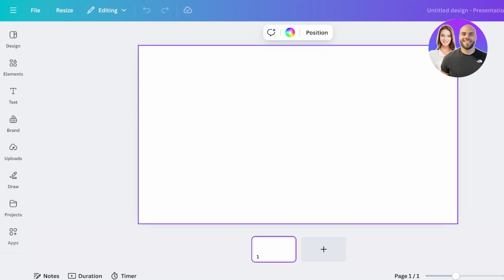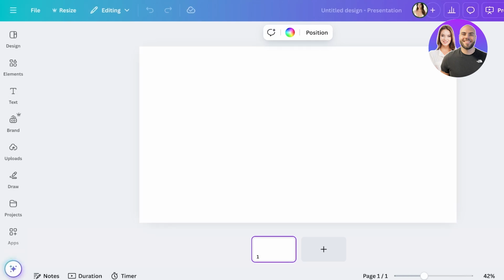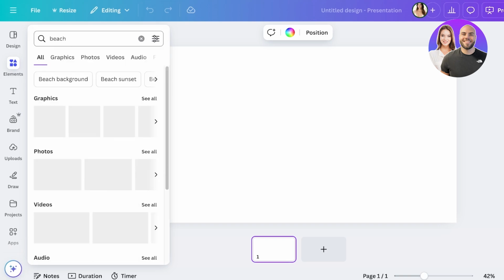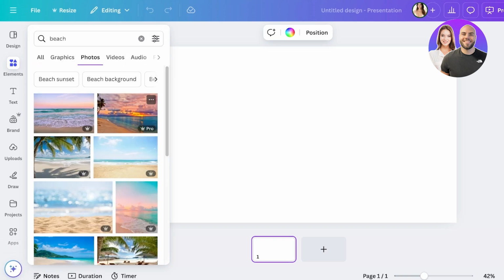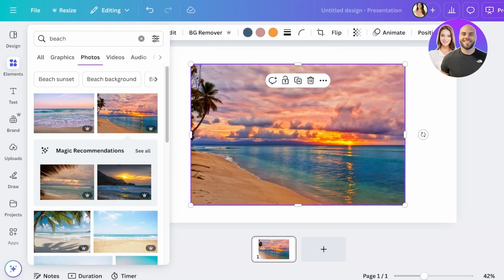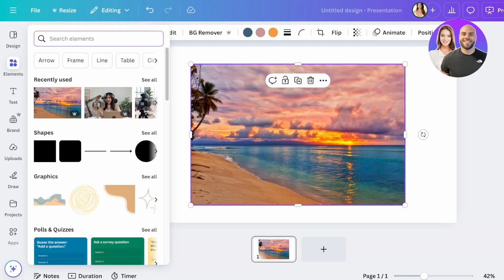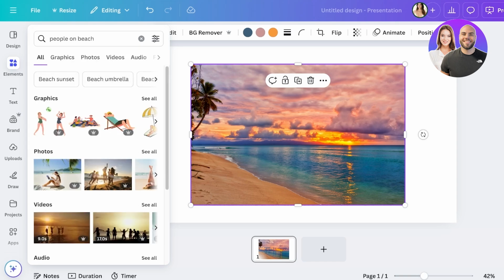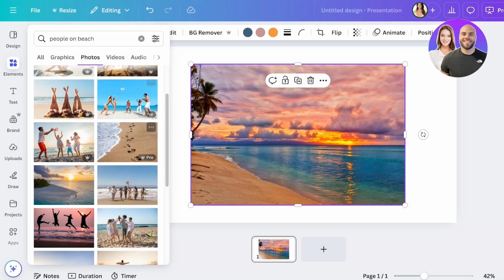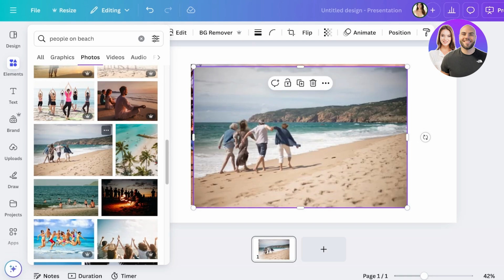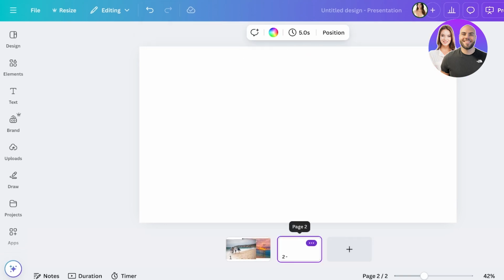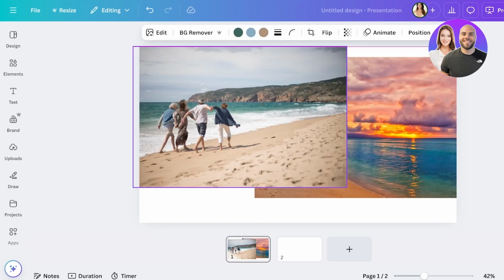I'm going to just open up a presentation size canvas. And once I do that, I'm going to go into elements and search for beach. I'm going to go with photos and take this one, and then go onto elements and search for people on beach. And then I'm going to go into photos and take this photo and blend it into this. So first off, I'm going to create a new blank page, go into my first page,